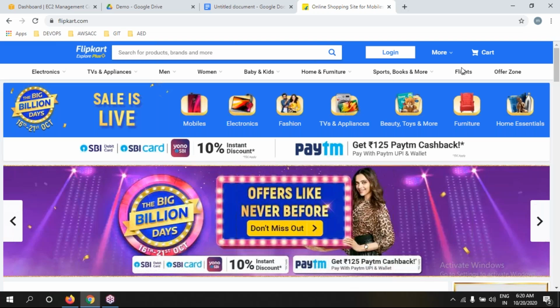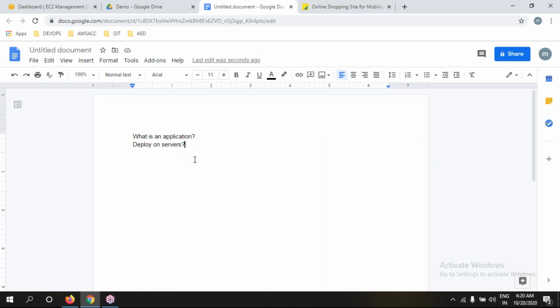Very good. To maintain this application properly, we require infrastructure. What infrastructure is required to deploy and maintain our application?